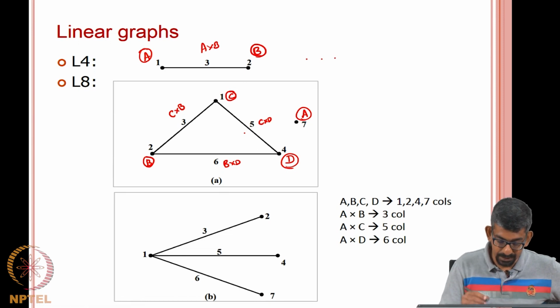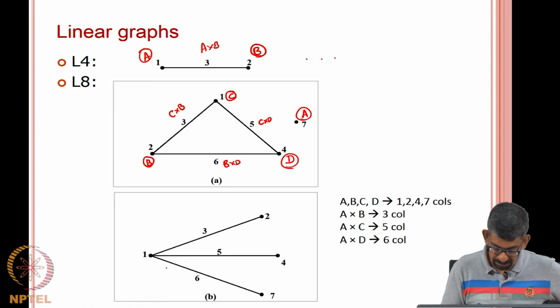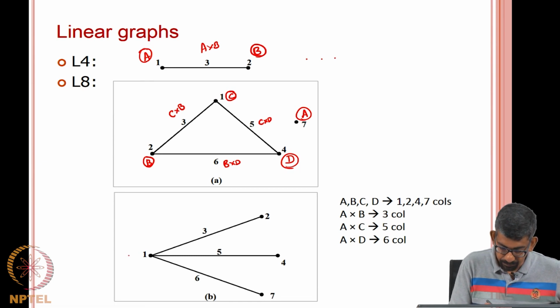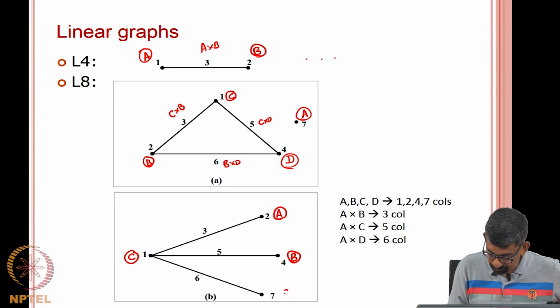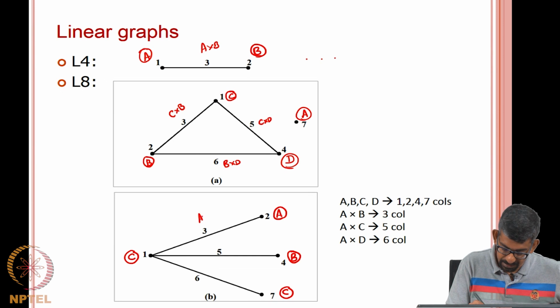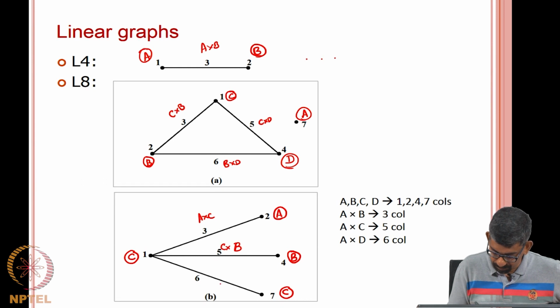This is one way. There is another way, which is this linear graph. So, in this it is slightly different. Let us say for whatever reason someone came and told you that interactions of C are very important. Then I will say C, A for this guy, B and C. So, each node I am assigning a single factor and the link will give me my interactions: A cross C, sorry, C cross B, this should have been D, C cross D.